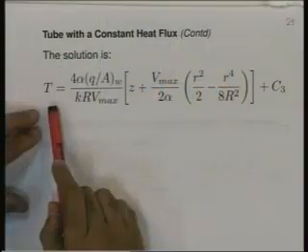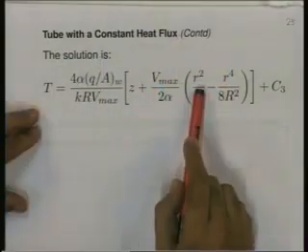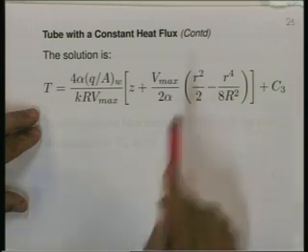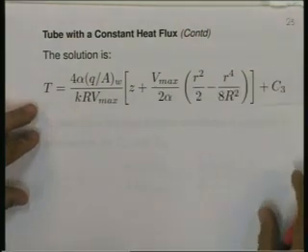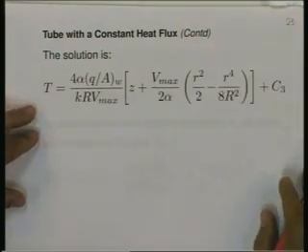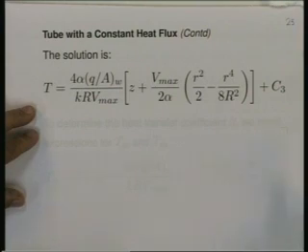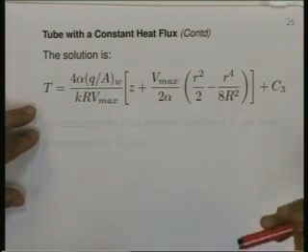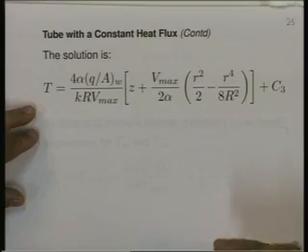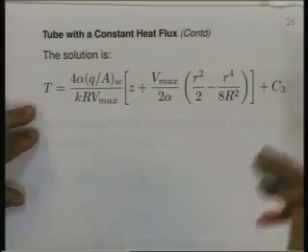Now this is a general solution for temperature as a function of Z and as a function of R. But what we are really interested in is to determine the heat transfer coefficient. And the heat transfer coefficient is the heat flux at the wall divided by the temperature difference between the wall and the mean temperature of the fluid. So we have to now determine Tw and Tm